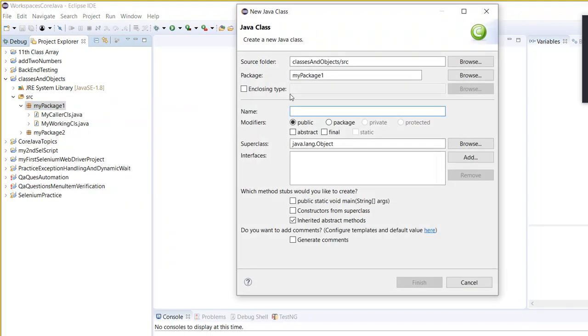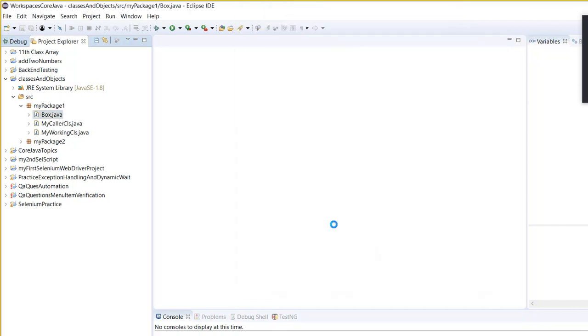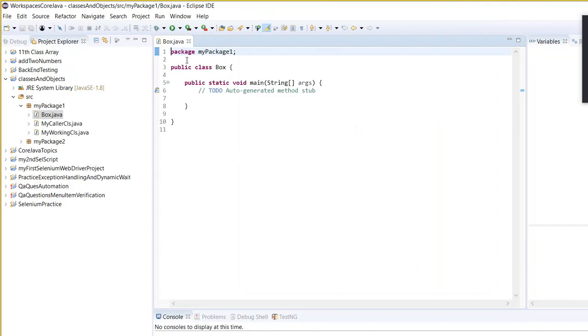We are going to name it as box, and then the class name is box. Okay, the class name is box, and we are going to bring a main method. Okay, this is my box class,